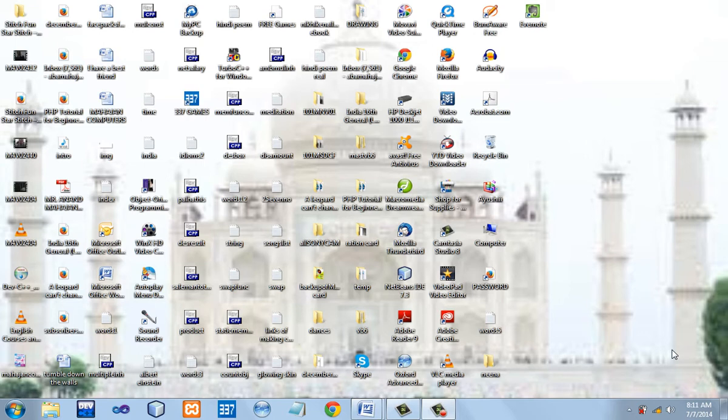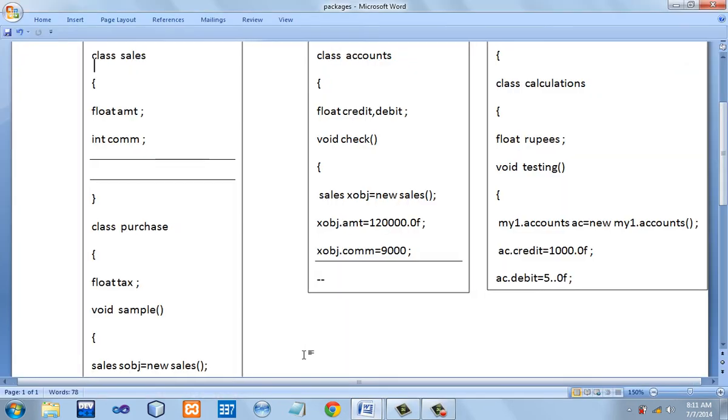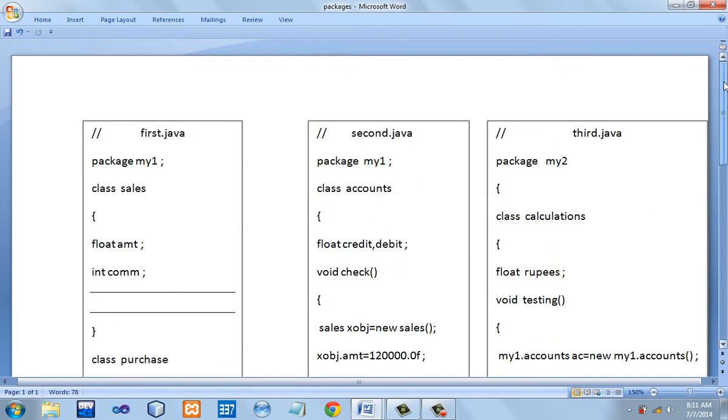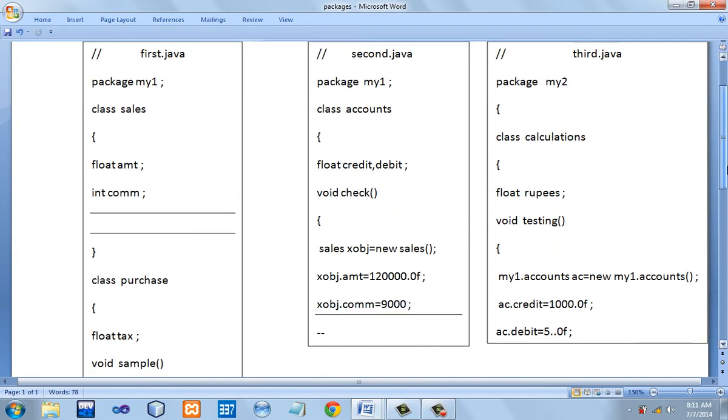Today I am going to throw light on the concept of packages in Java. Students, this is a very important topic because all the programs and software of Java revolve around the concept of packages only. See, before going into the concept of packages, we will have its definition and we will know about the